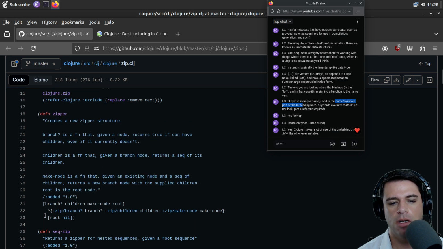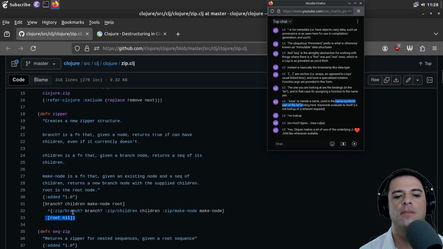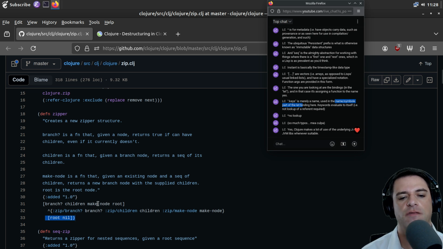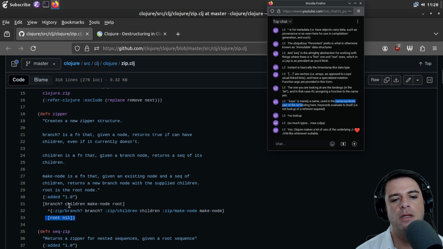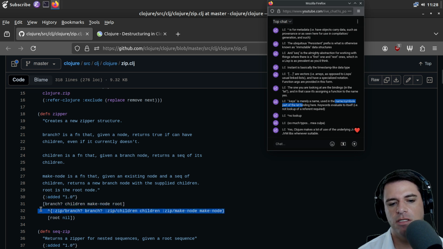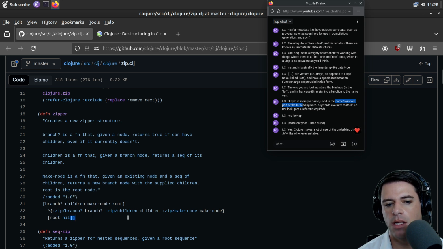And also root nil. So this is maybe the initial case of a recursion. So these are all arguments. I think these are annotations, if I'm understanding correctly, and these are some new kind of arguments that we're calling. Maybe we're just returning this vector or something.